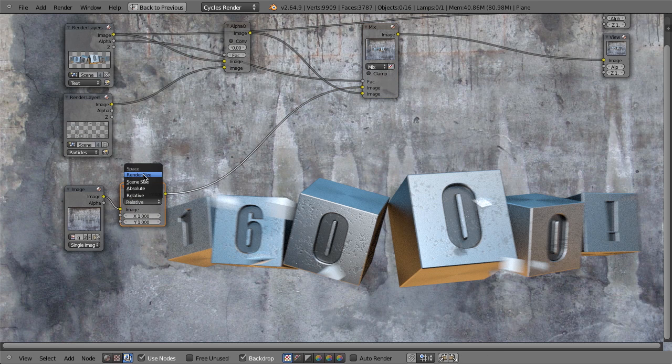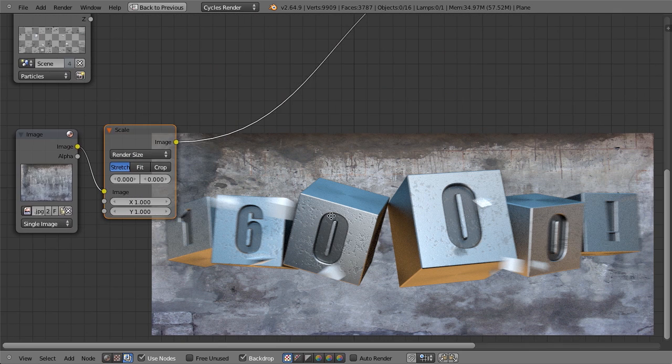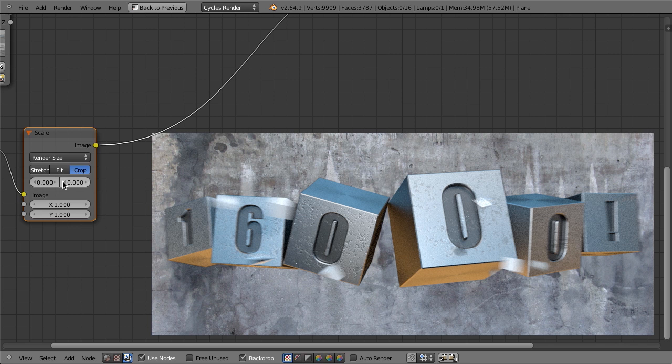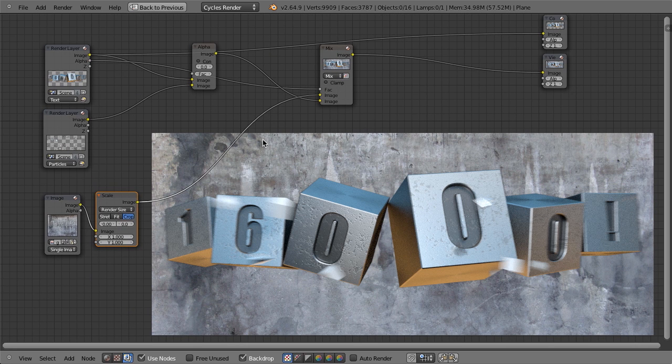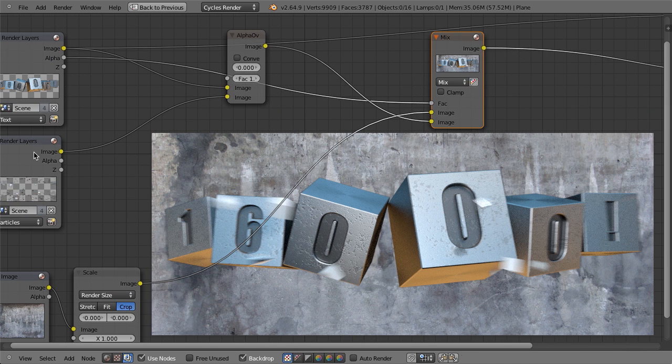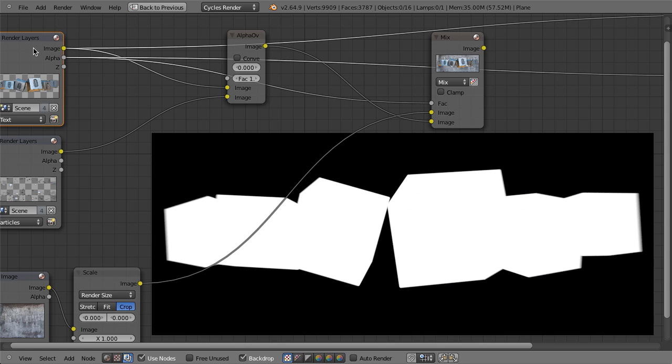And this we're going to set to render size. There we go. And you can see we can either stretch it, fit it, or crop it. I'm just going to crop it, and that starts to give us our background image. But you notice an immediate problem here is that now we don't have our particles anywhere that is not the cube. So what we need to do is we actually need to add this alpha channel on top of this